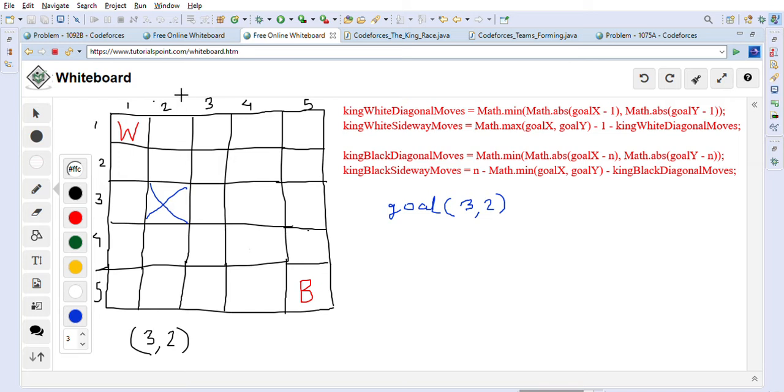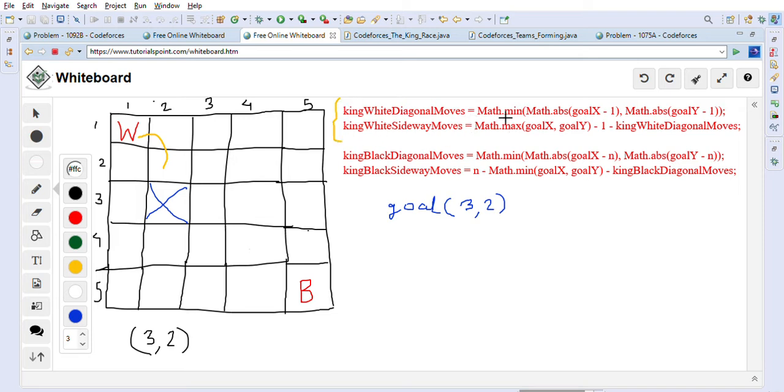If you draw a line, this is the column and this is the row for the position of the coin, right? The column is nearer to the white king: the row is two distance, the column is one distance. So it will move diagonally into this position, in the column position, right here. As you can see here,